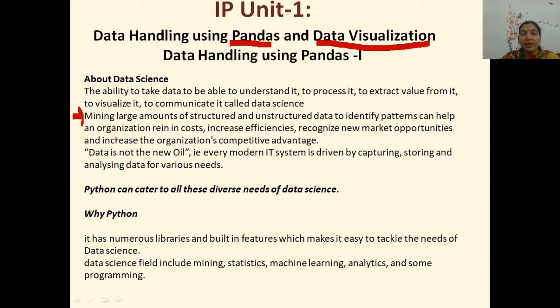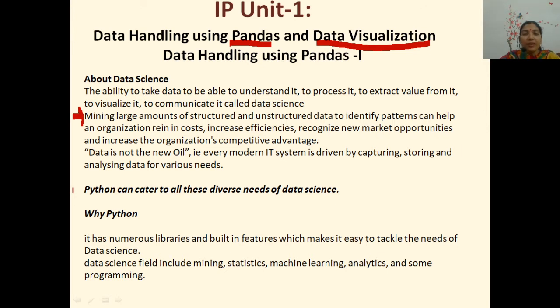Until we are able to mine the data and make it structured from the unstructured part, we will not be able to understand the importance of the data. So, we have to mine the data in large amounts and then identify the patterns. Then it will increase the efficiency, help us recognize new market opportunities and also help us increase our organization's competitive advantage.